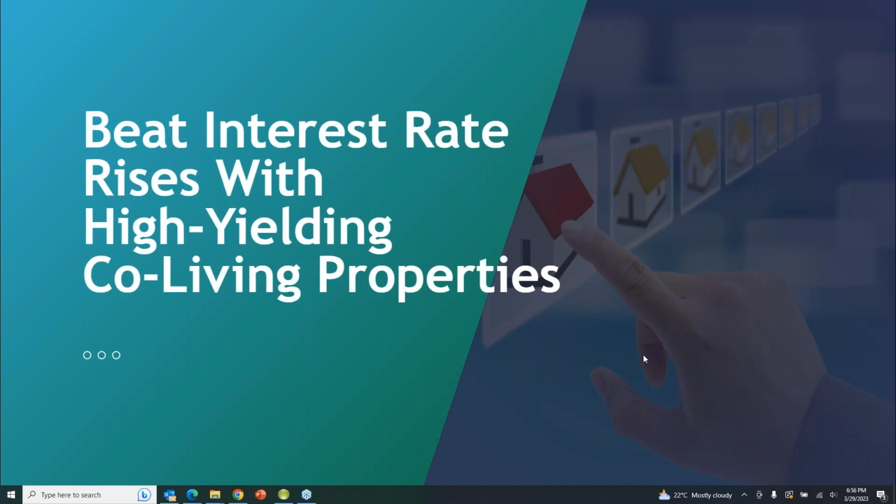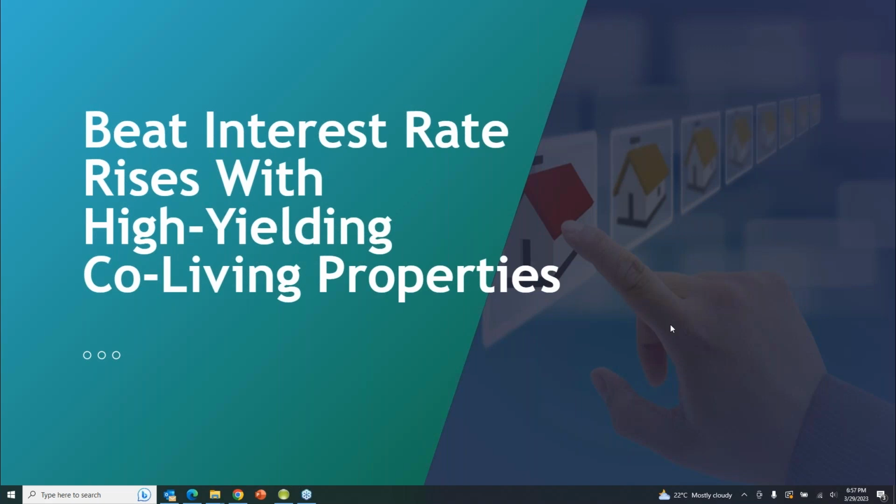Okay, so tonight we're really going to focus on property investment. We're going to look at the ways of overcoming the interest rate rises. We are going to look at what's happening in the property market around Australia with a bit of a wrap up. And again, there's really been some changes in the last few weeks in terms of market confidence. As things start to stabilize, it's going to lead to some great opportunities for those property investors that are ready to take advantage of the market.